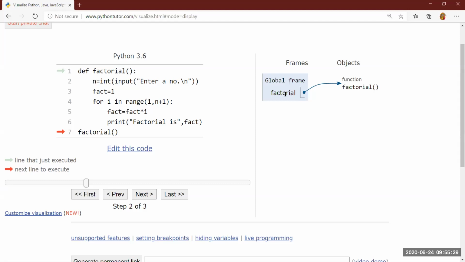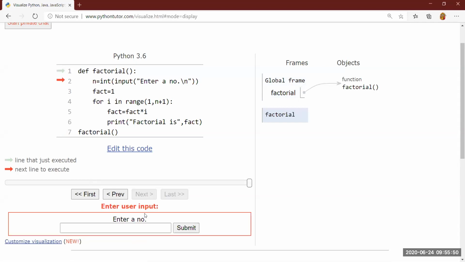As you see, the name factorial is created and is bound with the factorial function. Program will start execution from line 7. Line number 7 will execute, then control will move to the function definition. Next, the function gets called, control is moved to the factorial function. It is asking for a number. Suppose let me write 5. That means we want to find 5 factorial, which is 120, because 5 into 4 into 3 into 2 into 1, it will do.